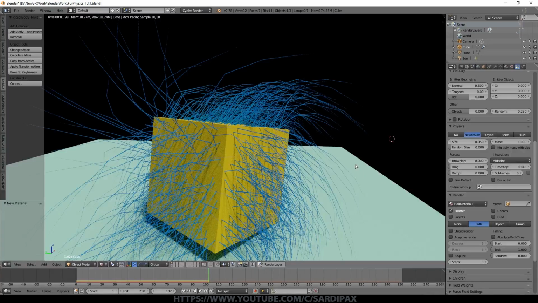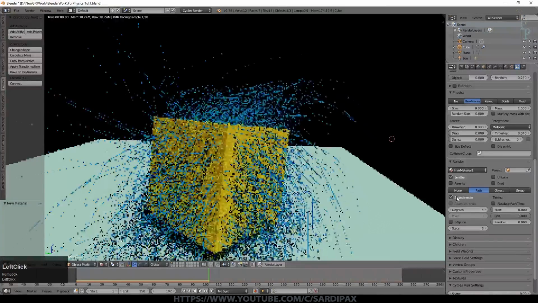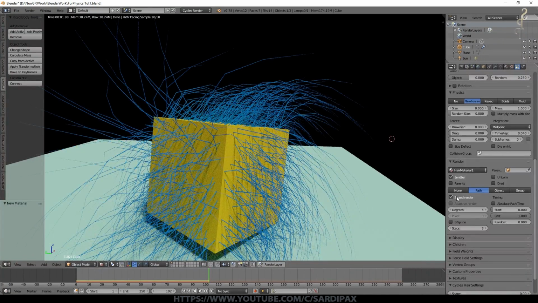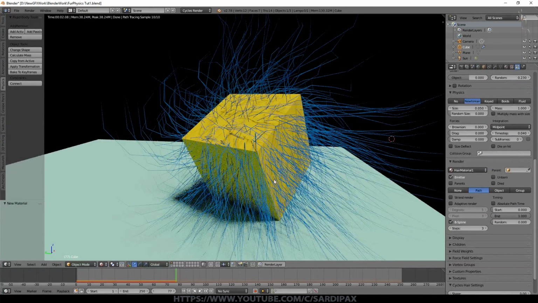So what can we do to make those hairs look a little better? There are a number of options. Strand render is one of the ones that you can use to help the hairs render faster. There's a certain amount of debate about that, but in theory that means it only renders what you can see. It doesn't render parts of the hair that are occluded or behind something. And if we click B-spline, that should calculate the curves a little better. It's a little more accurate in the way it calculates the curves, but we've still only got that many steps.